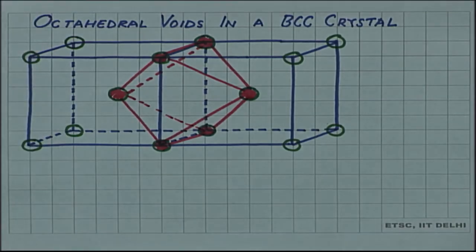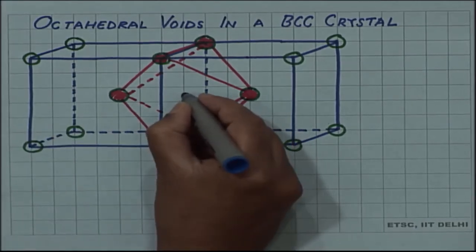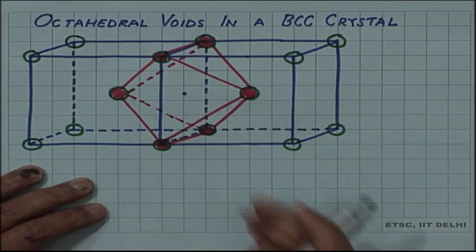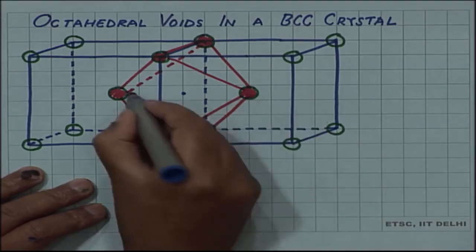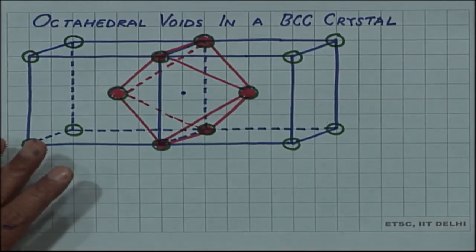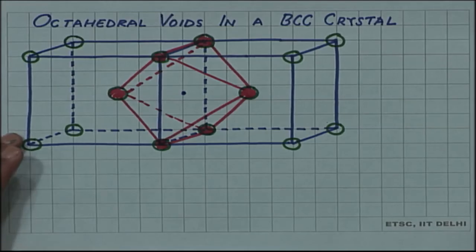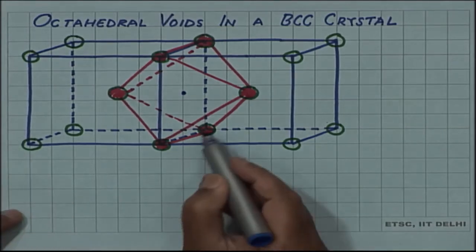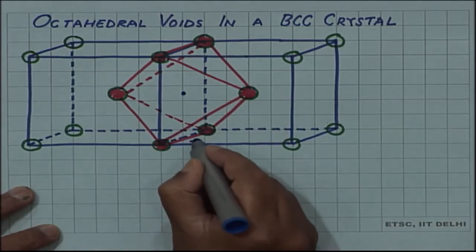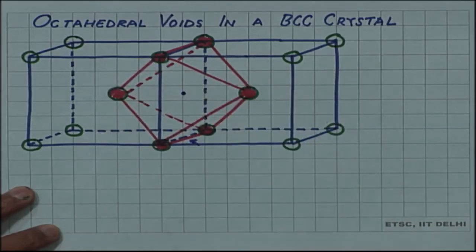So, now we have the nice octahedron outlined between 2 cubes. The centroid of this is not as difficult to find as it was for the tetrahedral void; it is right there at the face center. So, that is the centroid, and that is the location of the octahedral void. So, the octahedral void is located at each face center, but if you look carefully, each edge is shared by 4 cubes. So, for example, for this bottom edge only 2 cubes are shown on the top, but there will be